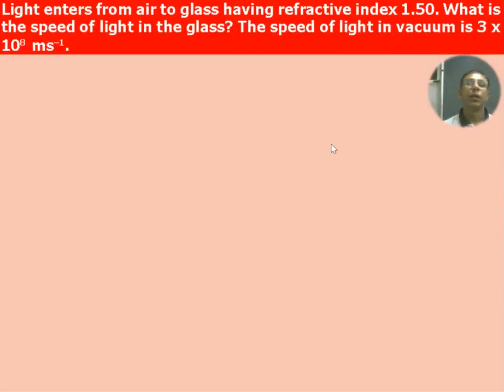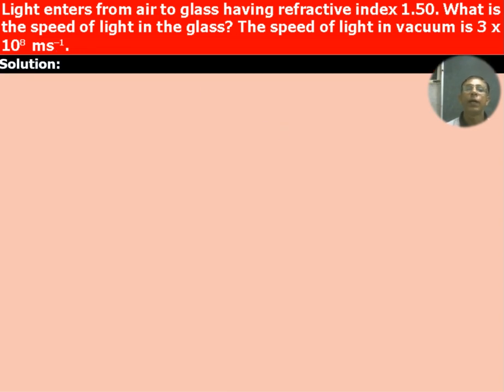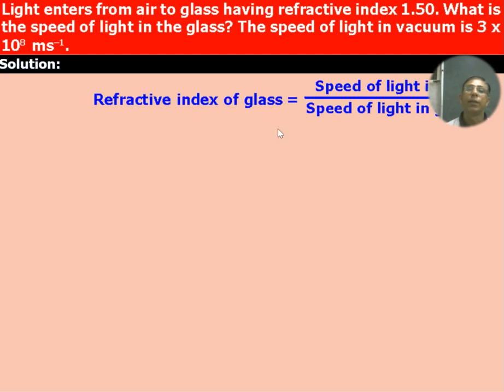Next question. Light enters from air to glass, that means rare medium to dense medium, having refractive index 1.50. What is the speed of light in the glass? The speed of light in vacuum is 3 into 10 to the power 8 meter per second. So first, we have been given the refractive index of the glass. So the refractive index of the glass is what? Speed of light in air and speed of light in